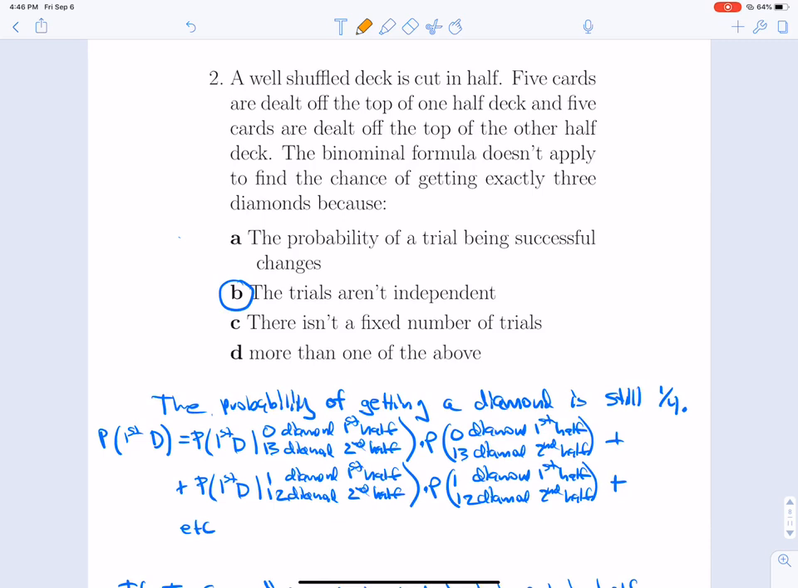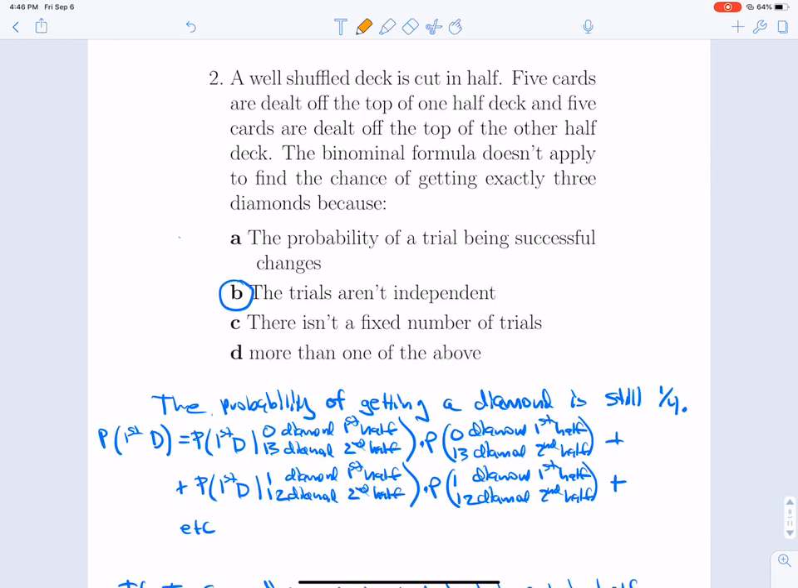For example, the probability that the first card is a diamond, you could write as a sum of a bunch of conditional probabilities, just like we did for the Bayes problem with Greg's eye color at the beginning. So you could write the probability that the first card is a diamond given that there are 0 diamonds in the first half and 13 diamonds in the second half, weighted by the probability that there are 0 diamonds in the first half and 13 in the second half,